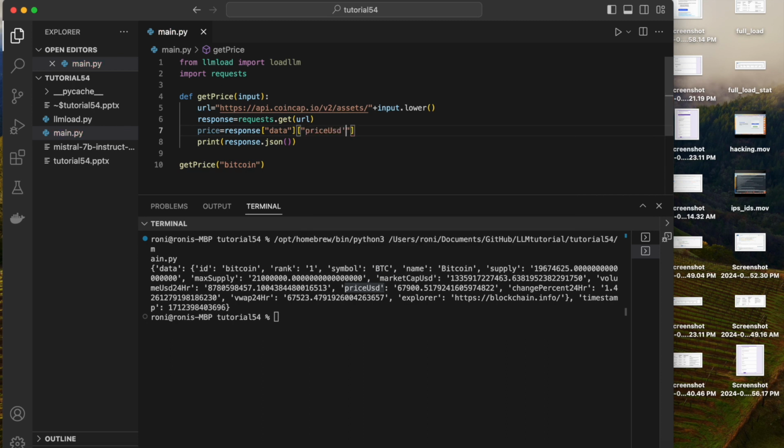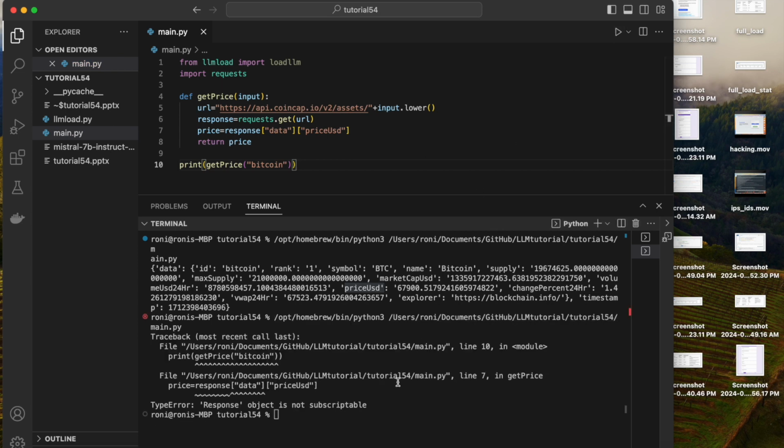Okay, hopefully this is done, right? So just delete, and after that we'll just return the price. Return price. And what I'll do, I'll just print this function. Okay, now this is going to give me the Bitcoin price in real time. So what is this? Response is